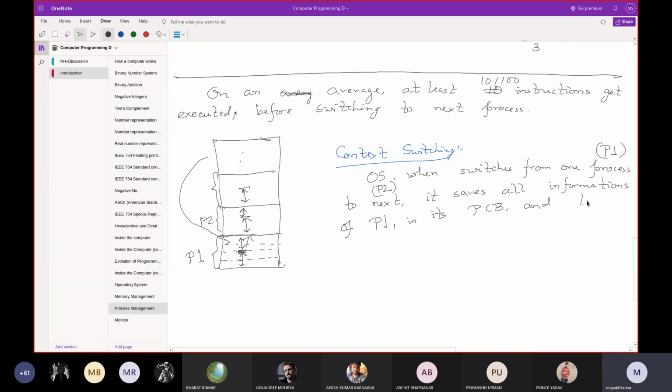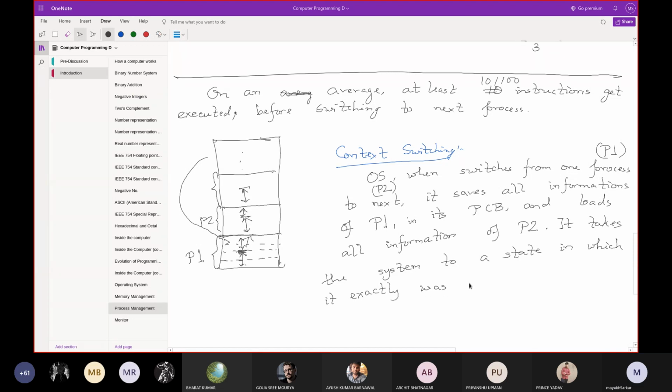And loads all information of P2, and it takes the system to a state in which it exactly was when P2 left.